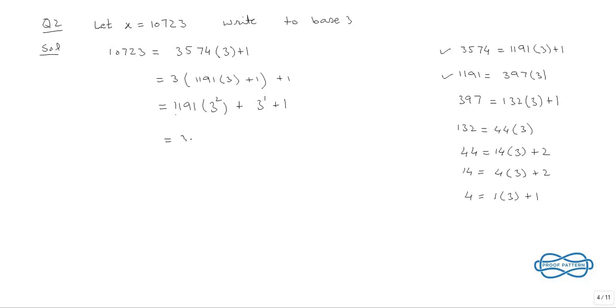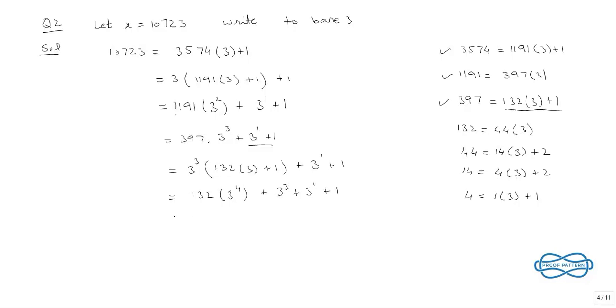We will get 397 into 3 cube plus 3 to the power 1 plus 1, and the value of 397 can be replaced with this expression. We will get 3 cube into 132 times 3 plus 1, and the remaining expression will be as it is. Okay, so this is 132 times 3 to the power 4 plus 3 cube plus 3 to the power 1 plus 1, and that will be equal to